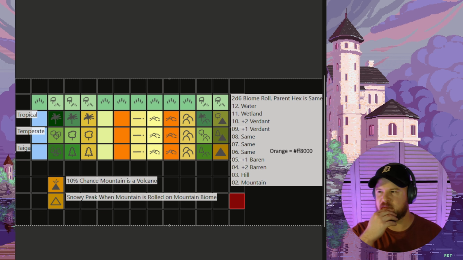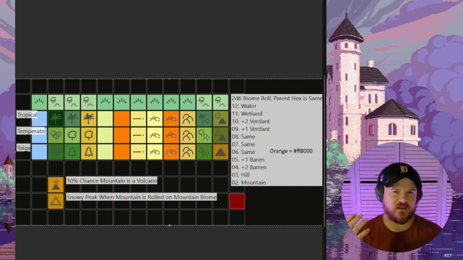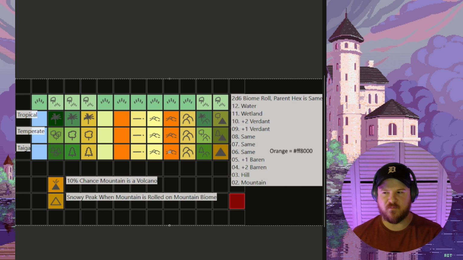And I use this sometimes for solo hex crawling. So I could start off in that plane and then, for the next plane you went to, roll the 2d6. Oh, that was a plane. Rolled again. Oh, it was a light forest this time, so now it's a more wooded area. And then once I'm in that light wooded forest, that becomes the new parent hex